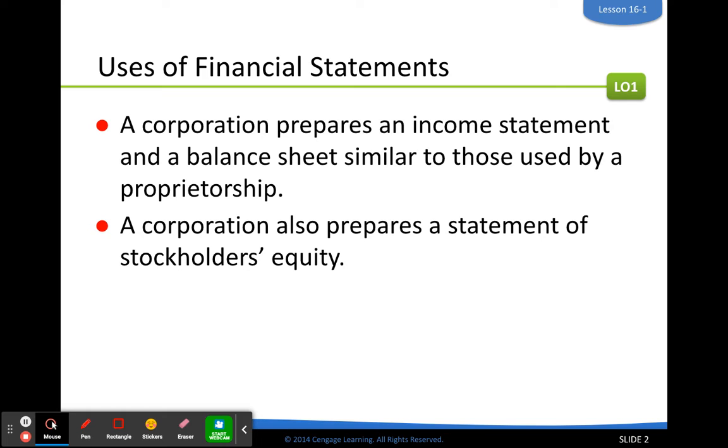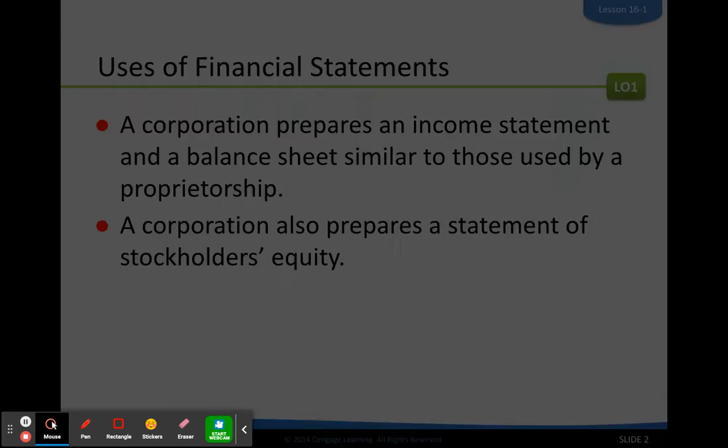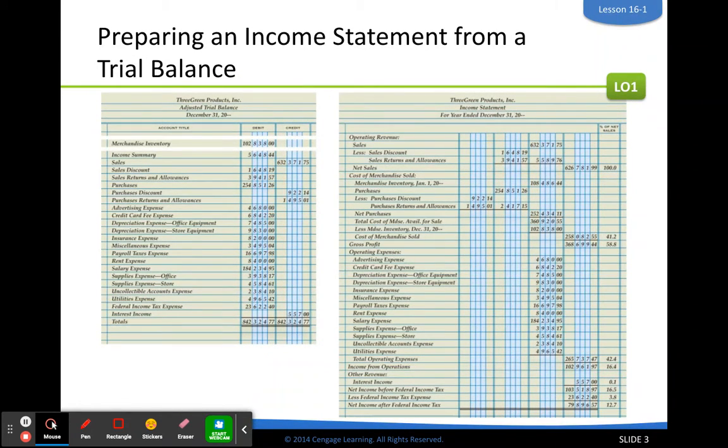In addition to the balance sheet and income statement, we are also going to prepare a statement of stockholders' equity, which is specific to a corporation. Here is our adjusted trial balance on the left and a completed income statement on the right. That is what we're going to prepare in Lesson 16-1. You'll notice that all of the numbers being used are from income summary and down on our adjusted trial balance. In addition, merchandise inventory, that's higher up in the adjusted trial balance, but income summary and below is included in